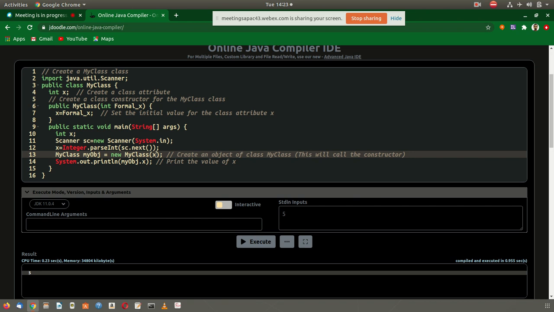If we use such a default constructor, then we may skip the constructor definition in the class, because Java will add it by default.